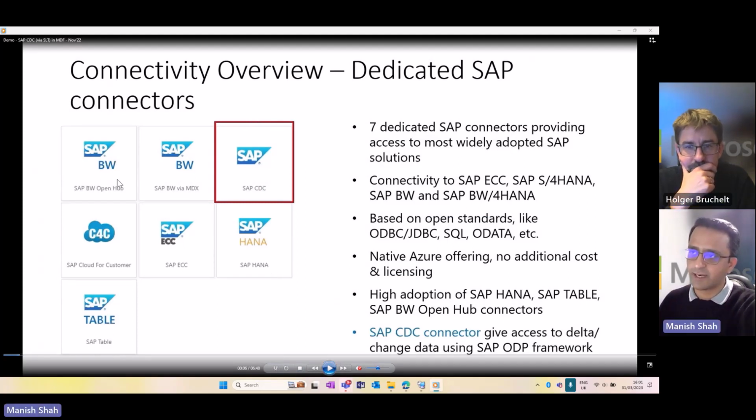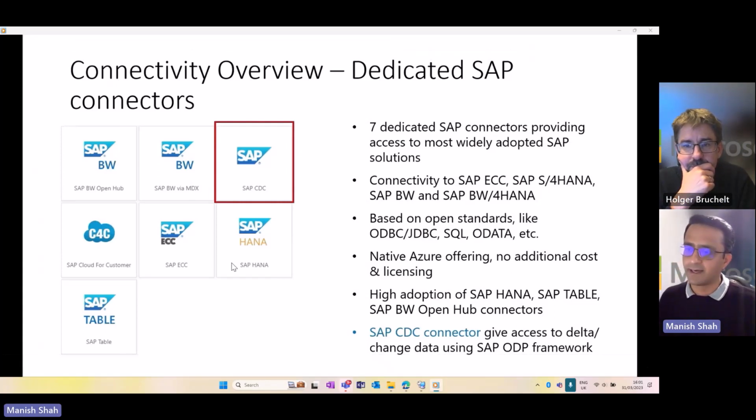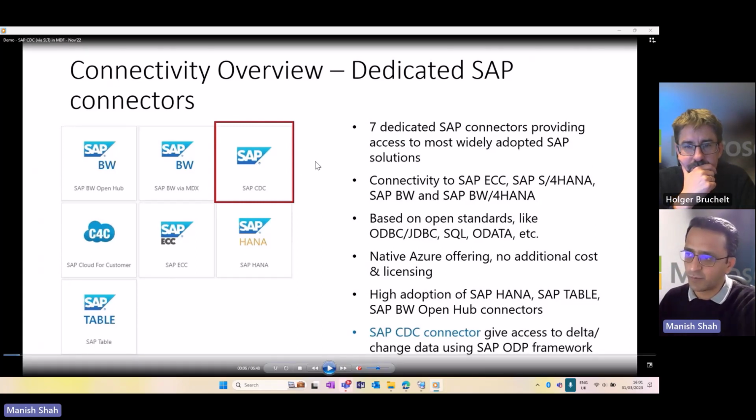So we have got 7 connectors already. This is the choice depending on what you want to do, where you want to do it, and that kind of stuff. Some of the popular ones are the table connector, the HANA connector. CDC is already in huge interest right now. So these are the 7 connectors, and they allow you to connect to different